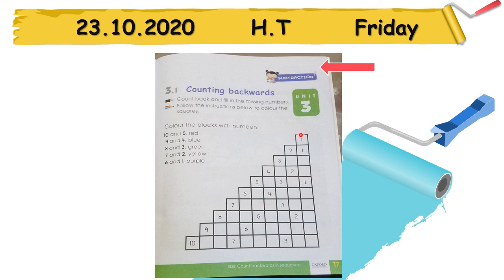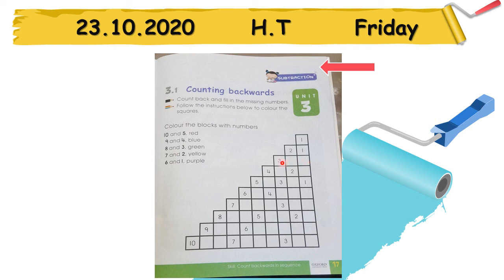So, look at the first one. Here is written number 1. Come to the second row, there is written 2, 1. This is about backward counting, so we are going back. We will read backward counting. The first two are done for you. Look at row number 3, there is 3 written, but 2 squares are empty. We have to complete them.